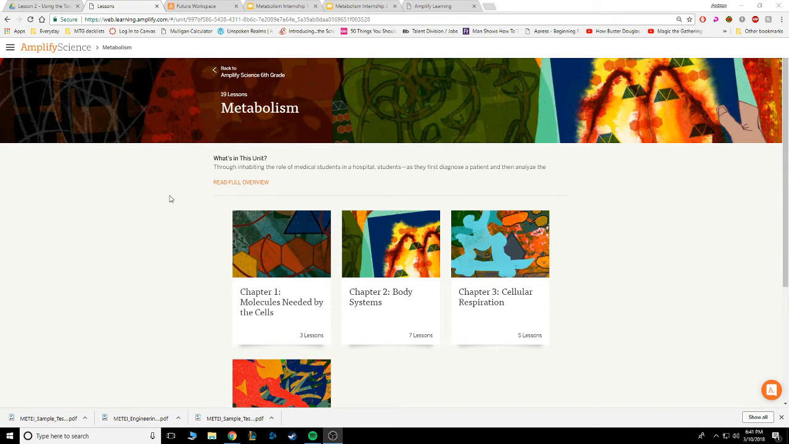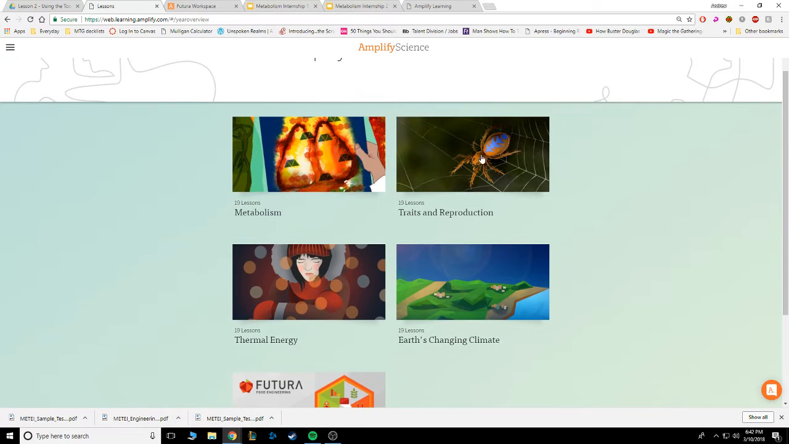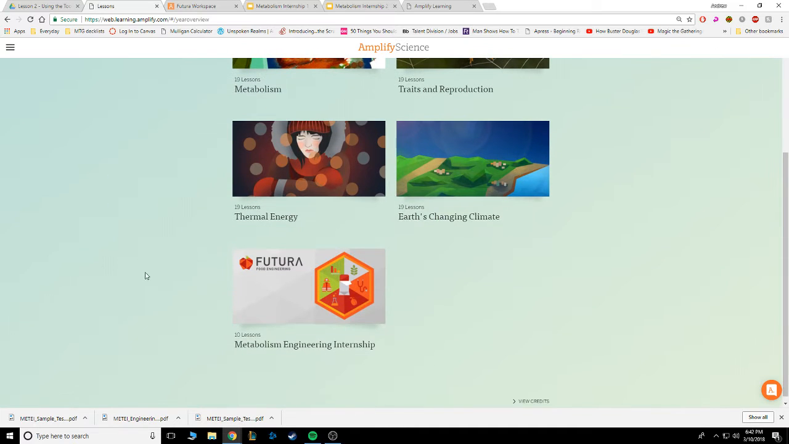In order to get started on it, we'll actually have to leave the metabolism unit and move over to the metabolism internship unit. To do this, you simply get to this window, which you can get by clicking this little metabolism icon in the top left-hand corner of the screen, and clicking back to Amplify Science for 6th grade. Among all the units we've done already, which is thermal energy and metabolism, we're now going to move to the